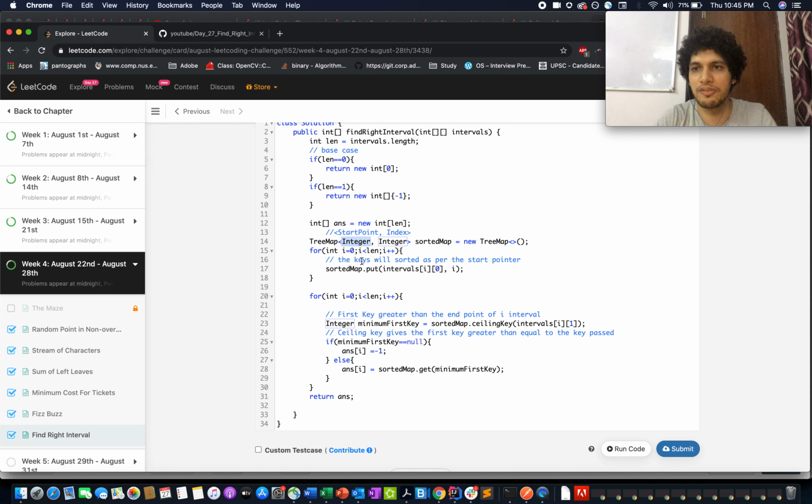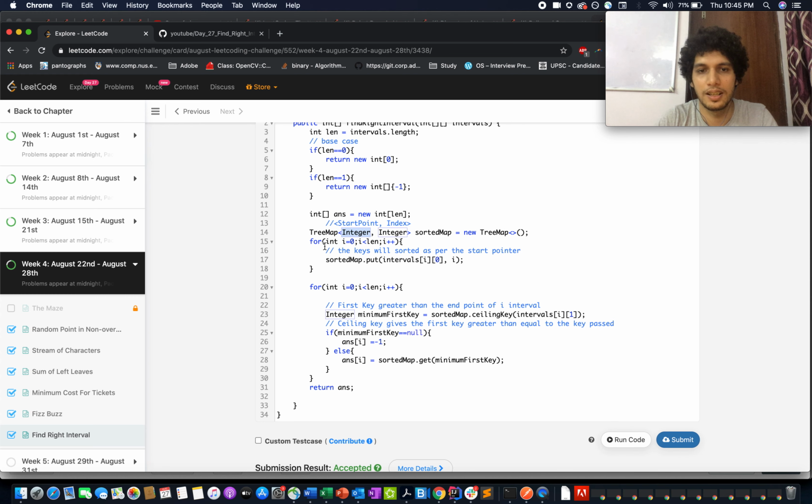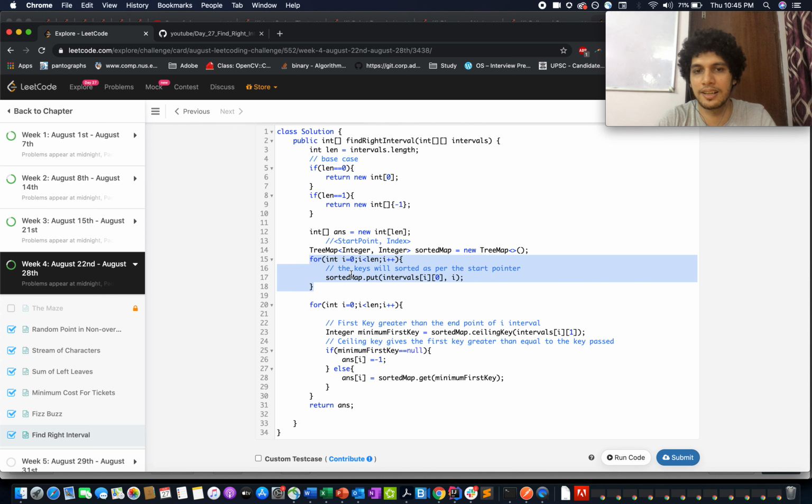I'll talk about what benefit it gives. So I iterated through the intervals and stored this information in my map. This is my start point for each index i, and I stored the iterated index at which it occurred.